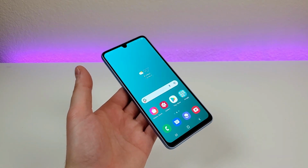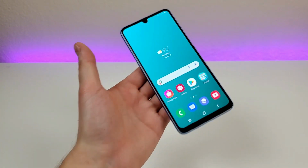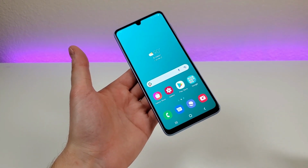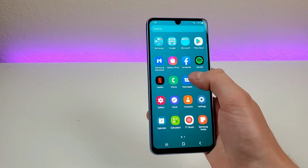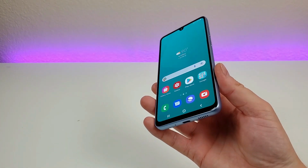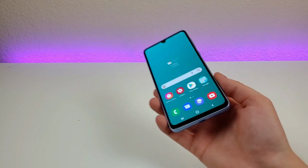My fourth favorite thing about the Samsung Galaxy A33 5G definitely has to be the display. Now with this device, we're getting a very large 6.4-inch display. And in addition to that, it features Super AMOLED technology, so we're getting very good colors here. The display itself is 1080p, so also very crisp and clear. We have a PPI of 411, a 20:9 aspect ratio, so a more narrow but taller form factor, and an